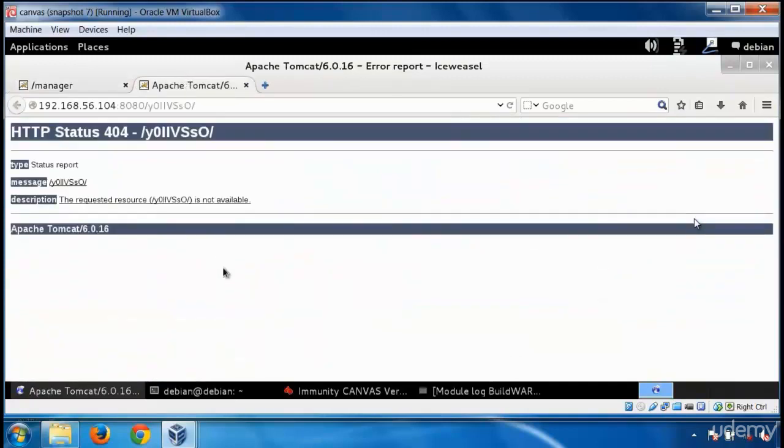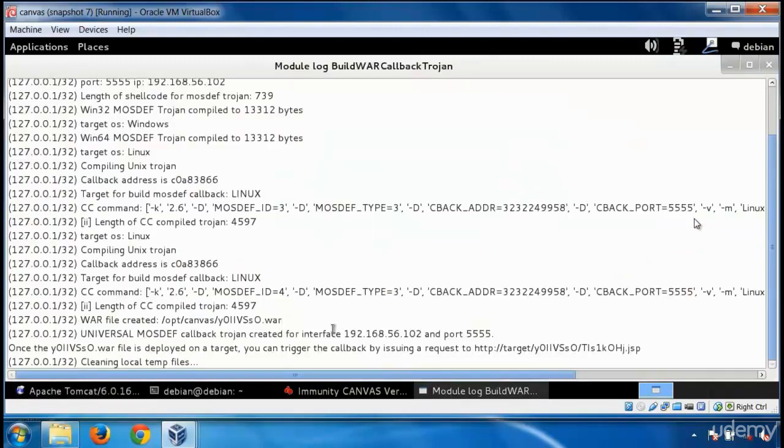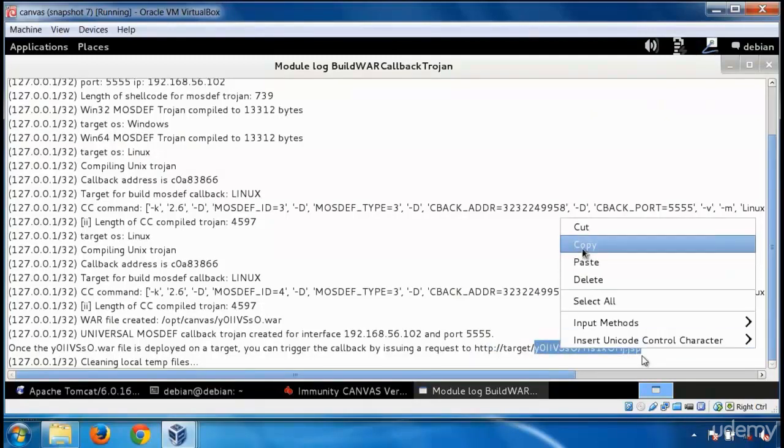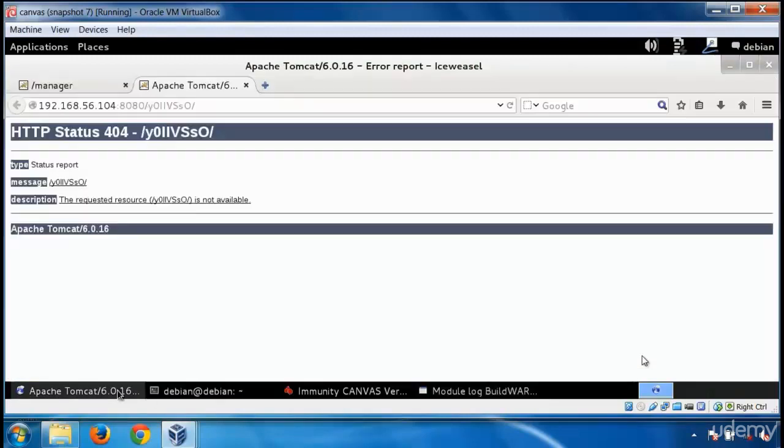So if you just open this, you can see it's saying nothing is available. But if you look over here, you can see it's saying once the WAR file has been deployed on target, you can trigger the callback by issuing a request to this specific location. So only when you make a request to this location, the WAR file will connect back to the attacker. So let's just copy this location and paste it